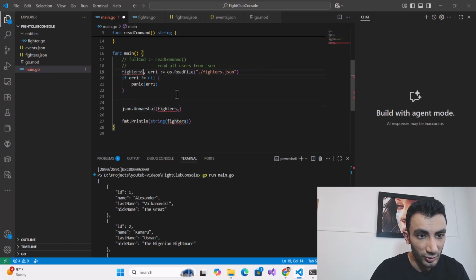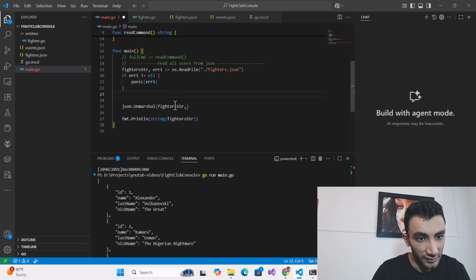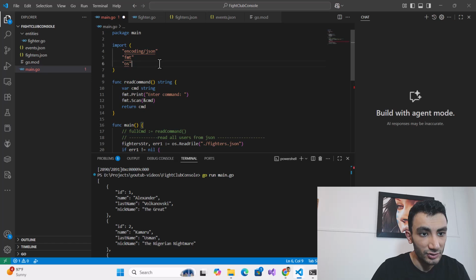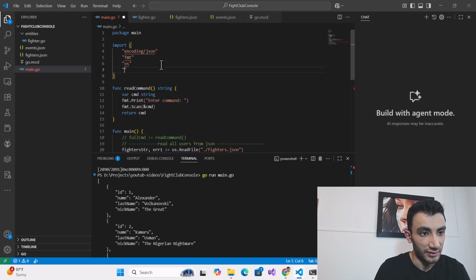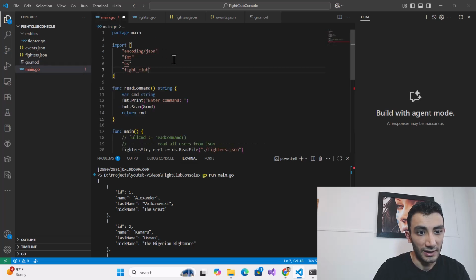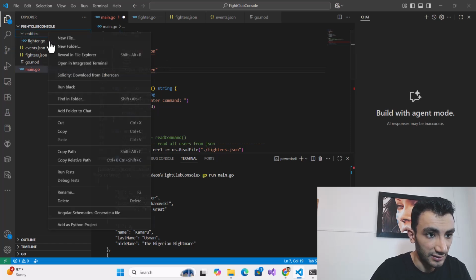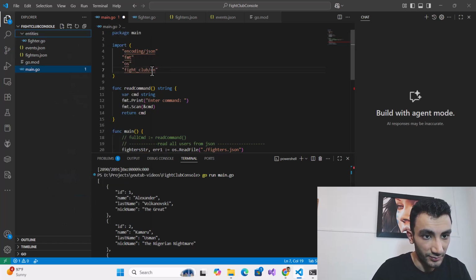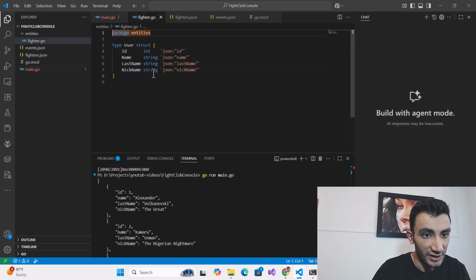Let's put that fighter str, that's represented as a string of fighters, and my fighter variable is an array of user. I need to import the user. It's my fight club and the entities, the name of my package and my entities.